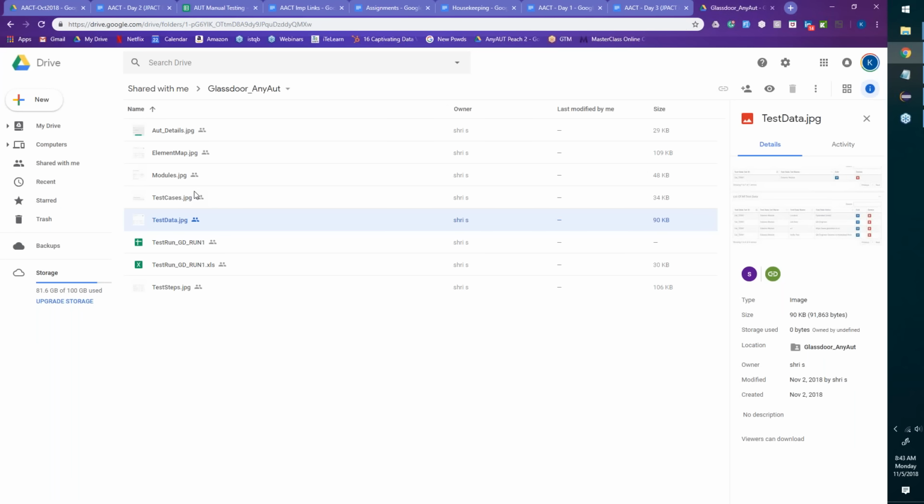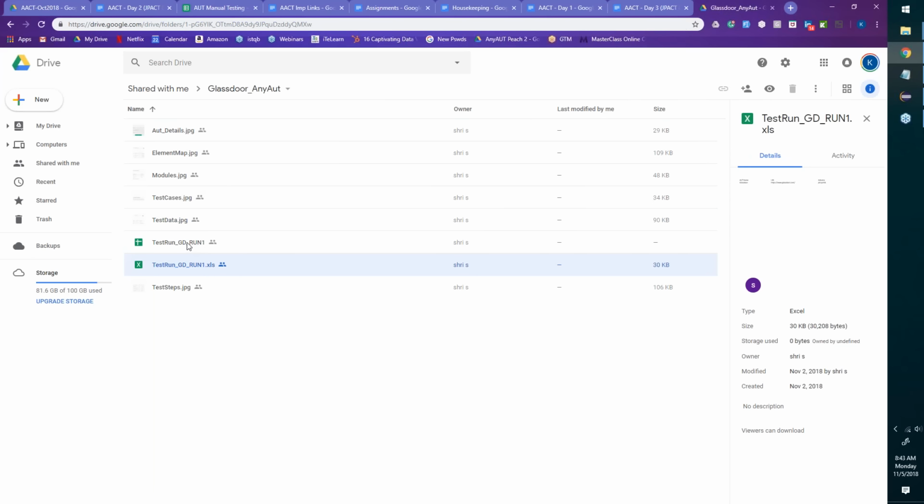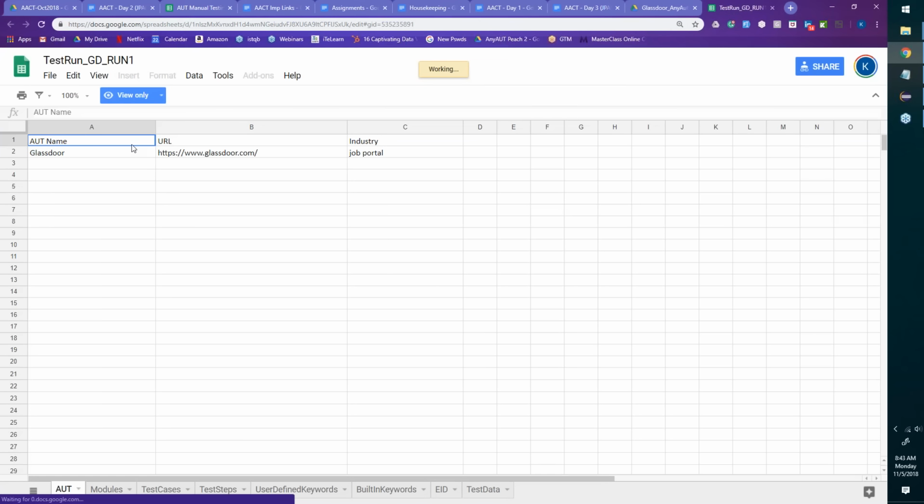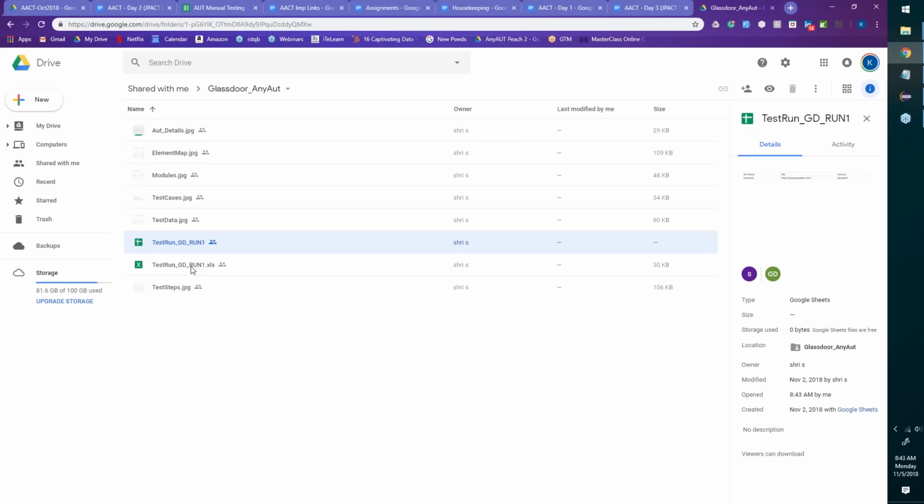So I see two Excels. I'll take the Google Sheet, and in here, nice application test URL industry. Change the format, made it horizontal, cool. Oh wow, we have everything here. This, no, I'll not show you this. This is not an Excel for meeting. This is an automated one from AnyAUT. I need the one where you wrote manual tests. Sirisha, I'm trying yours now. But good job, Steve. Very nice. I like what I'm seeing. We're going to get there now.